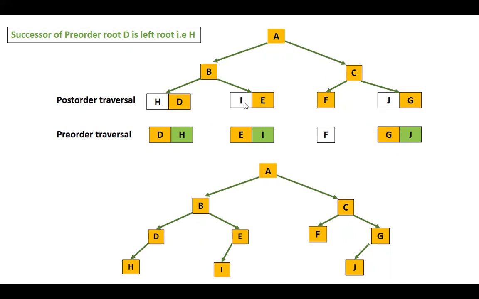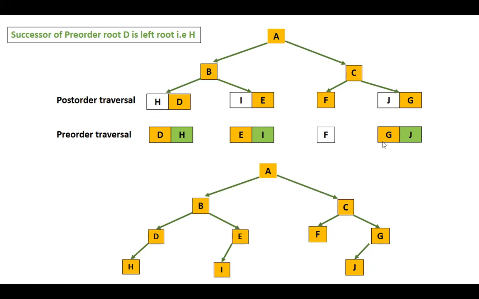Similarly, when you come here, E is the root, fine. Now immediate successor of E in pre-order traversal is I, right? So I will be the left child element of the left subtree. So check it out here. I does not have any other element associated with it. So I will be the only left child of E. Now this left subtree is complete. Fine. Now come this side. F is a single node, so these are single items. So just keep it as it is.